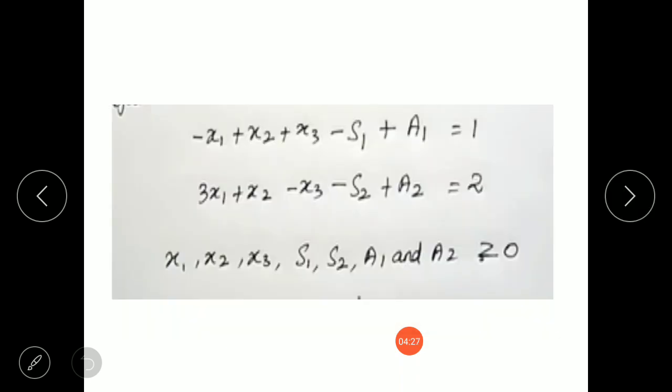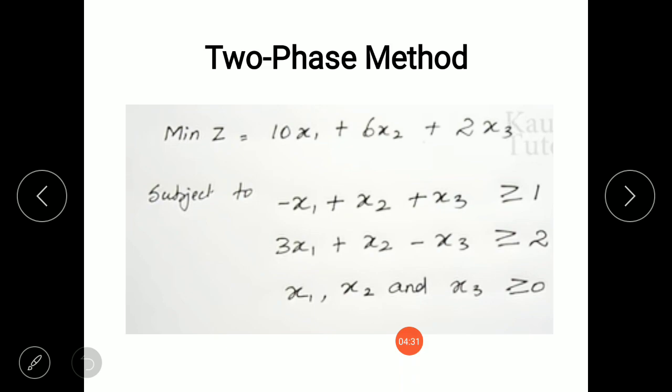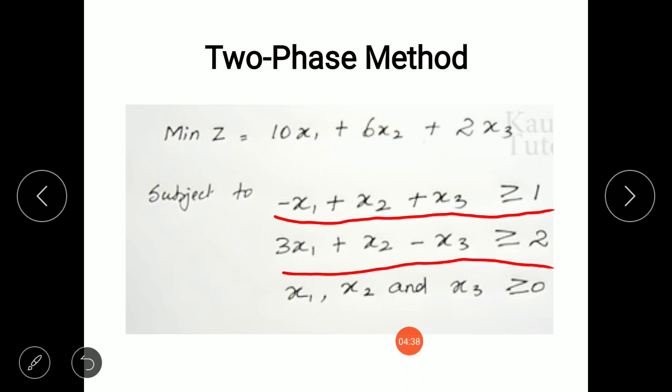Next, the first step is that we'll convert the inequality constraint equations into equation form. As I told you, in the two-phase method, if the inequality constraints are greater than or equal to type, then we subtract a surplus variable and add an artificial variable.